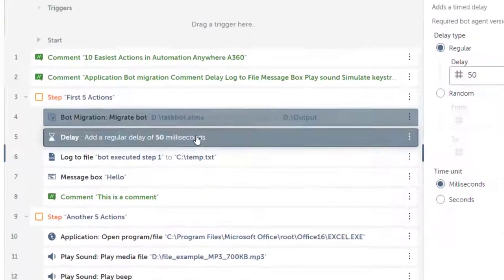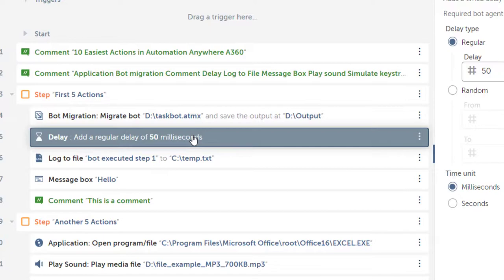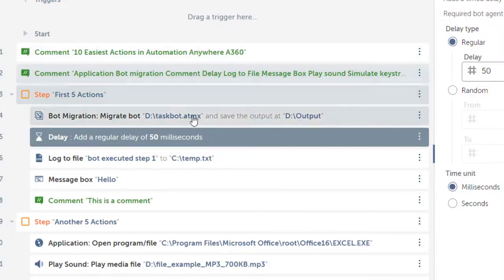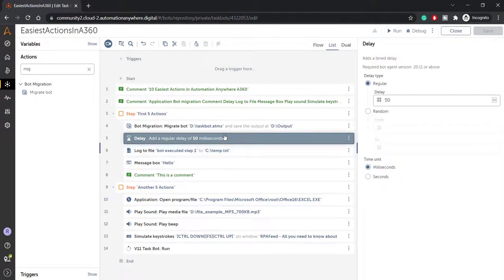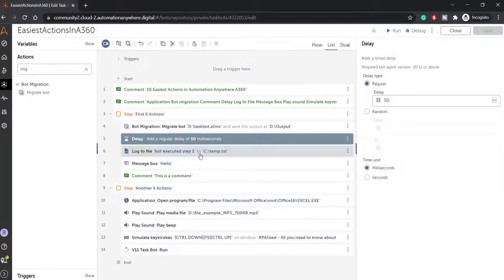Next is the delay action. Sometimes you are doing some recording, or processing some scripts, or any automated action, and you want to have a delay or wait until moving to the next action. So you can use delay.